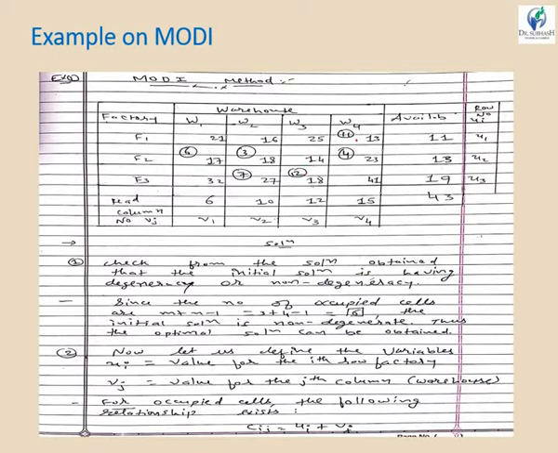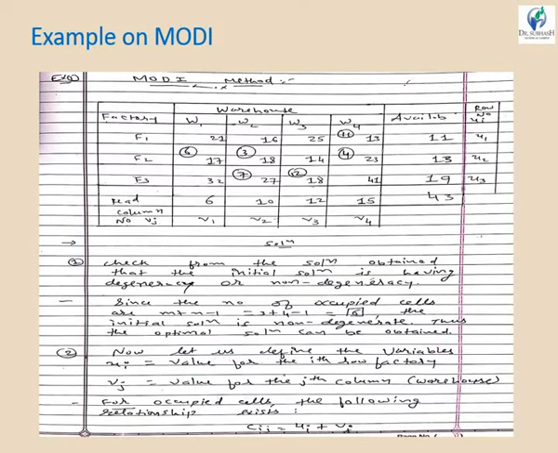4, 5 and 6. But if during the solution you had obtained only 5 allocations, then your problem is said to have a degeneracy. But in this case, as the occupied cells are 6 as per the formula m plus n minus 1, this problem is a non-degeneracy case, and thus the optimal solution can be obtained for this problem.